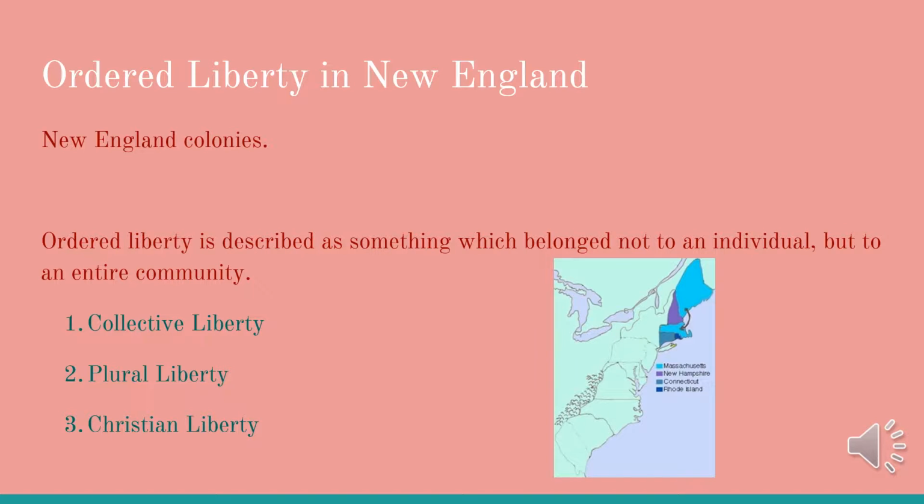Liberty in New England. The New England colonies were Connecticut, Rhode Island, Massachusetts, and New Hampshire. This liberty is described as something which belonged not to an individual but to an entire community. One branch of ordered liberty is collective liberty, also known as public liberty, which was very restrictive with the people